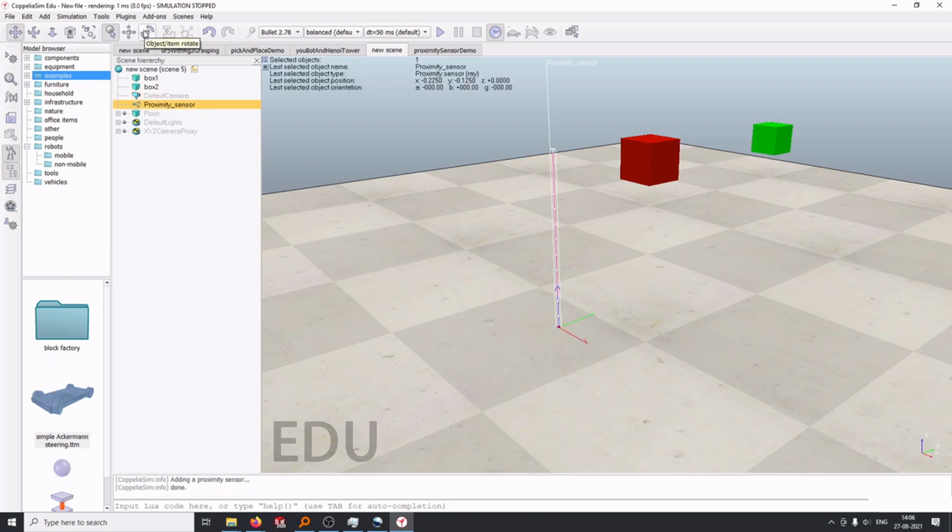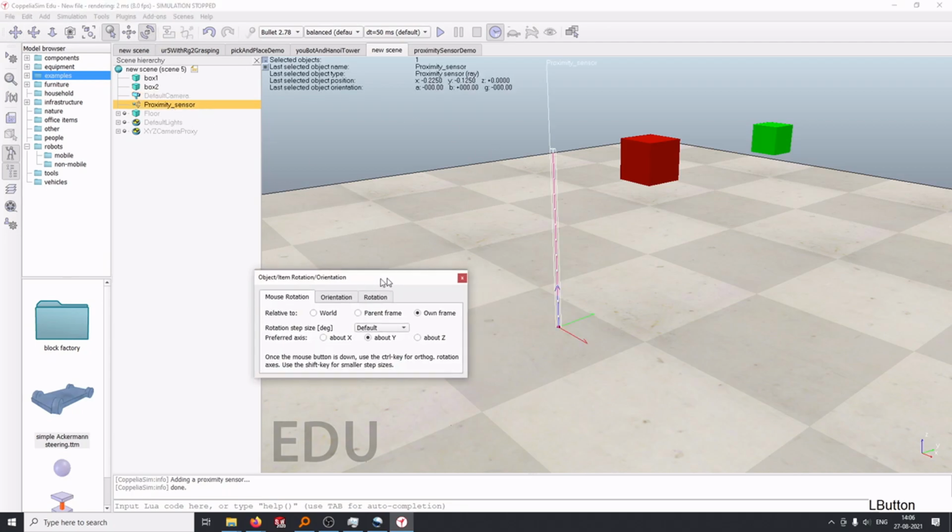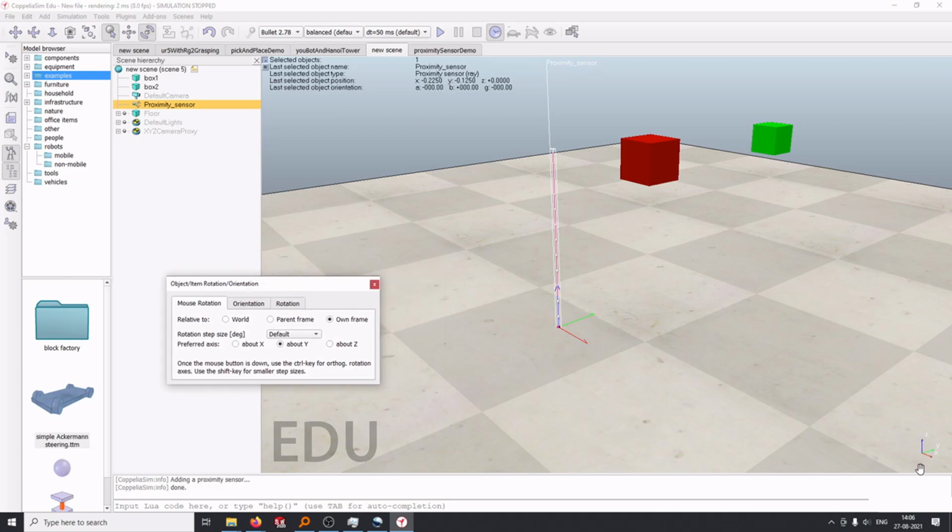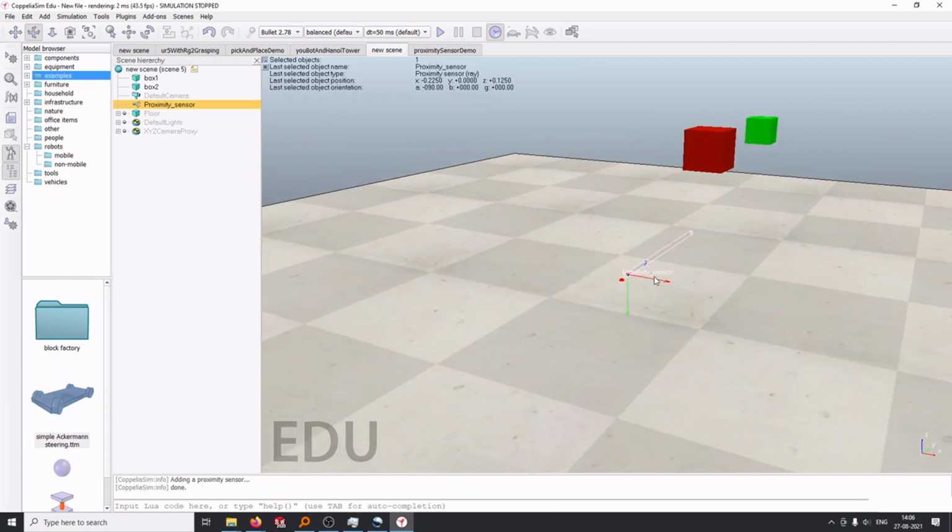So there's a rotation over here. Okay, so I want it to be rotated in. We see over here x is here, red is x. I want to rotate in x using the right hand rule. I can see I want to rotate in negative x axis, negative 90 degrees, x negative 90 degrees. Okay, so let's see what happens. Yeah, I got it in the orientation which I wanted, right?